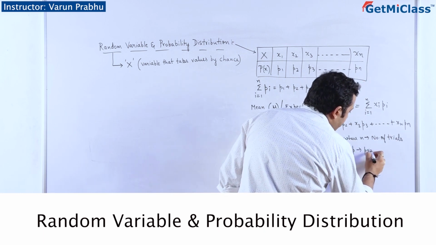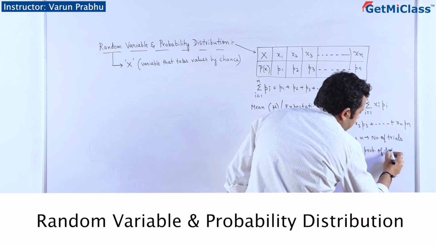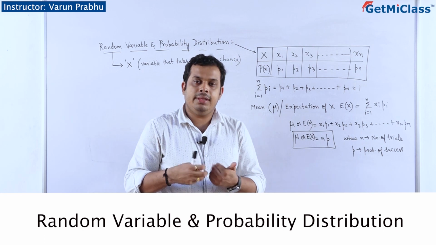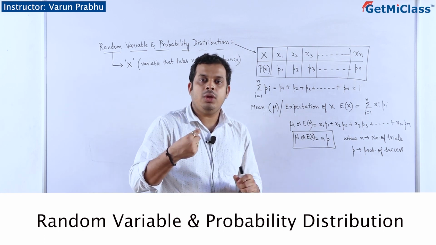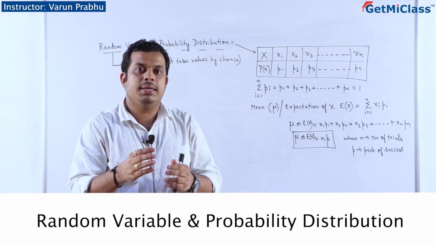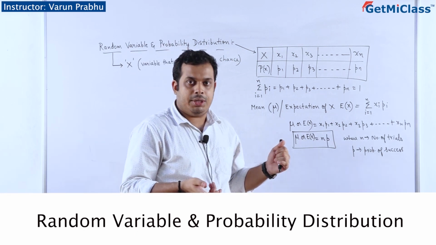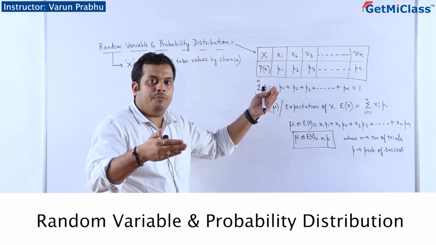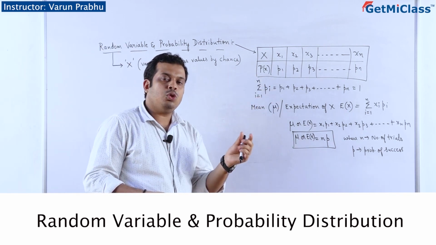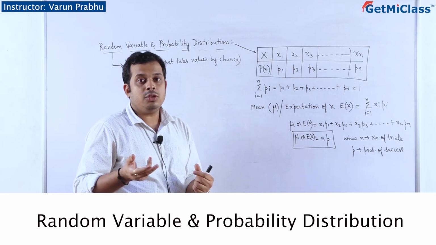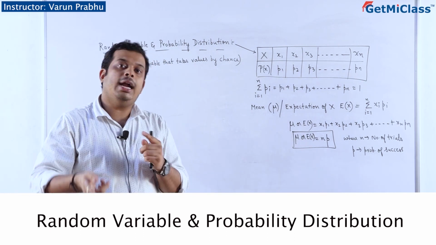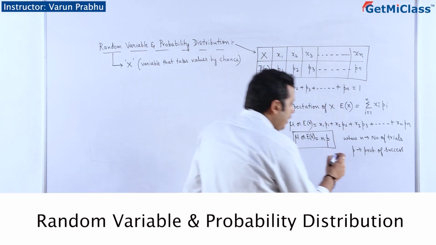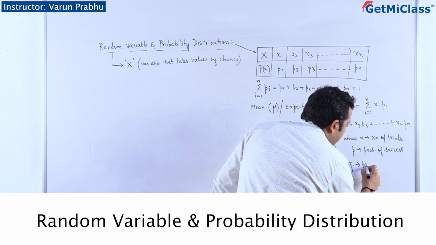P is nothing but the probability of success. What is the probability of success? If I'm getting what I want, then that is success to me, right? When I'm throwing a dice, if I'm looking for the number 6, and if I get the number 6, then that is success to me. Random variable might keep changing from one experiment to the other. In the first throw, I'm expecting a 6, but in the second throw, I might expect a number like 2. Then that becomes success to me. So the random variable keeps changing its form. Do you get it? And Q will be called the probability of failure.